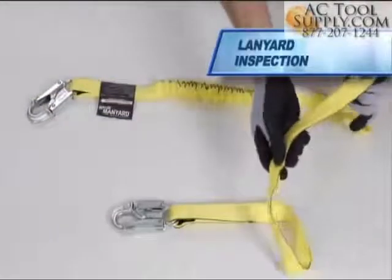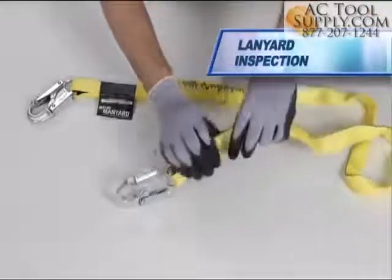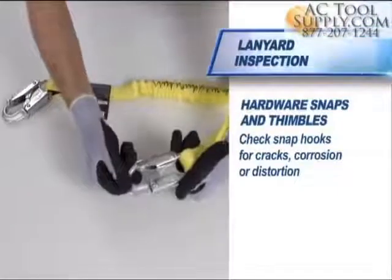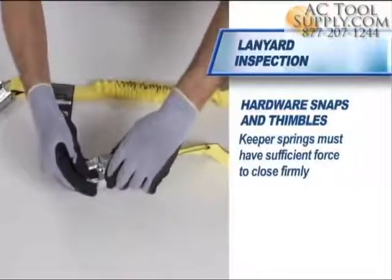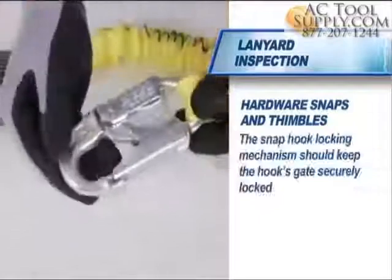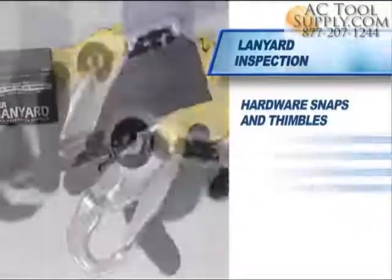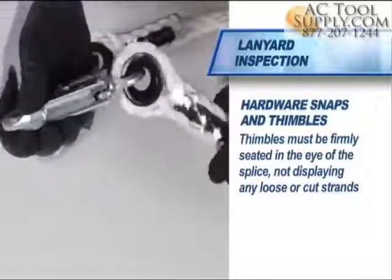When inspecting lanyards, work from one end to the other using a slow rotation. Check snap hooks for cracks, corrosion, or distortion. Keeper springs must have sufficient force to close firmly. The snap hook locking mechanism should keep the hook's gate securely locked. Thimbles must be firmly seated in the eye of the splice,